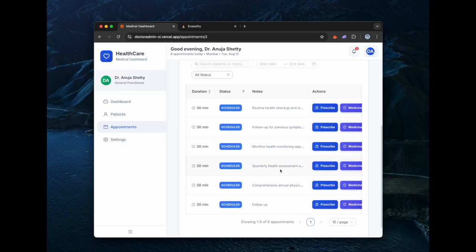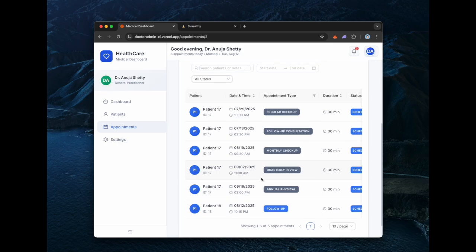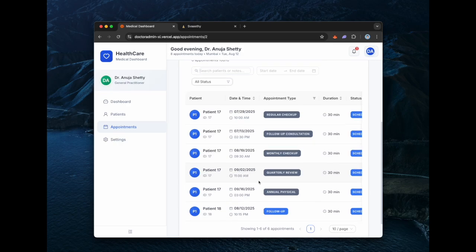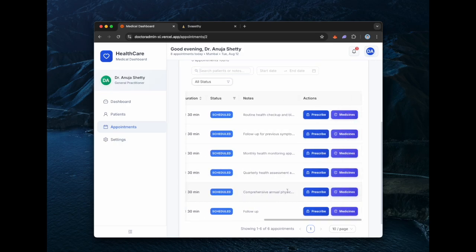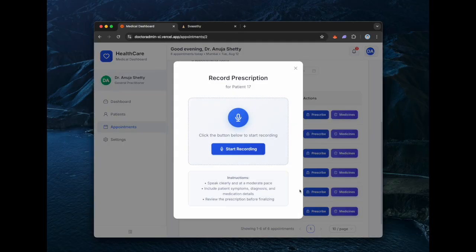And so what I'm going to do is, as a doctor, you would want to prescribe medicines. That's where another really important feature comes in, that you as a doctor can just record the instructions for the medicine, and our Gen AI feature will transcribe. So let me show you how that works. Once you click on start recording,